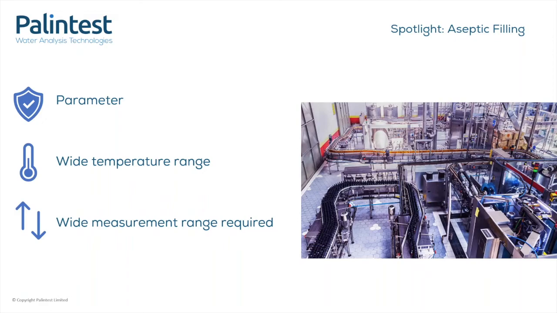There is bottle sterilizing, usually a separate cap sterilization process, and let's not forget the sterile rinse step to remove the PAA. There is a requirement for testing at all of these critical points, and depending on the process, you will find a range of concentrations from less than 0.5 ppm in the rinse water to greater than 2000 ppm in the sterilization steps. Aseptic filling also uses heat to assist the process, and sample temperatures from ambient to greater than 50 degrees C are present, which means that any technique used must be able to measure and correct for these wide variances in